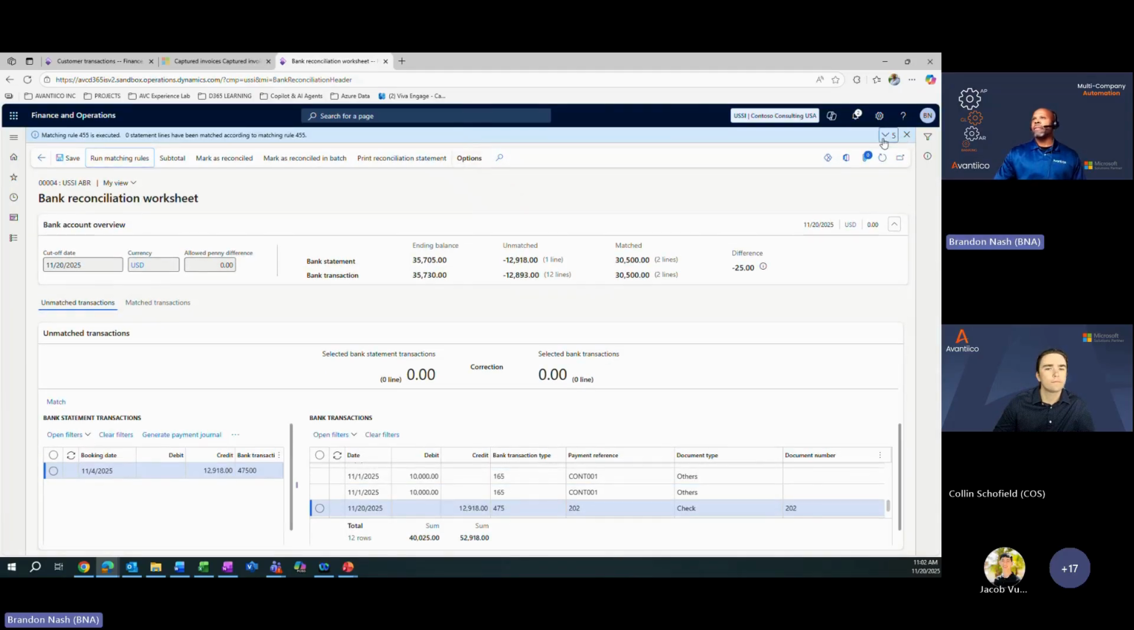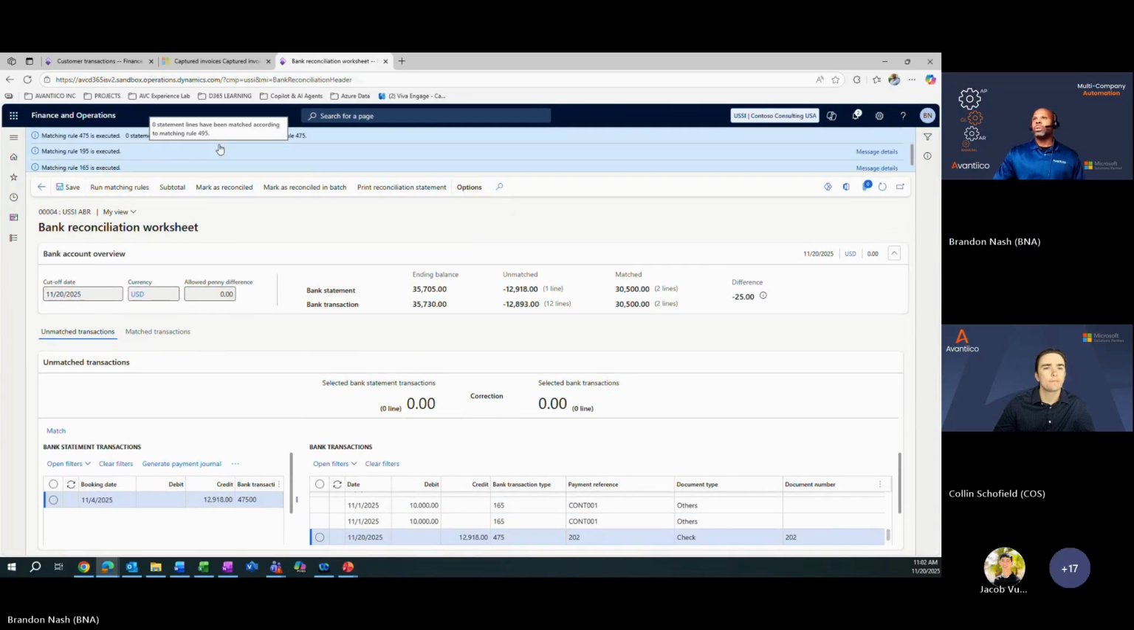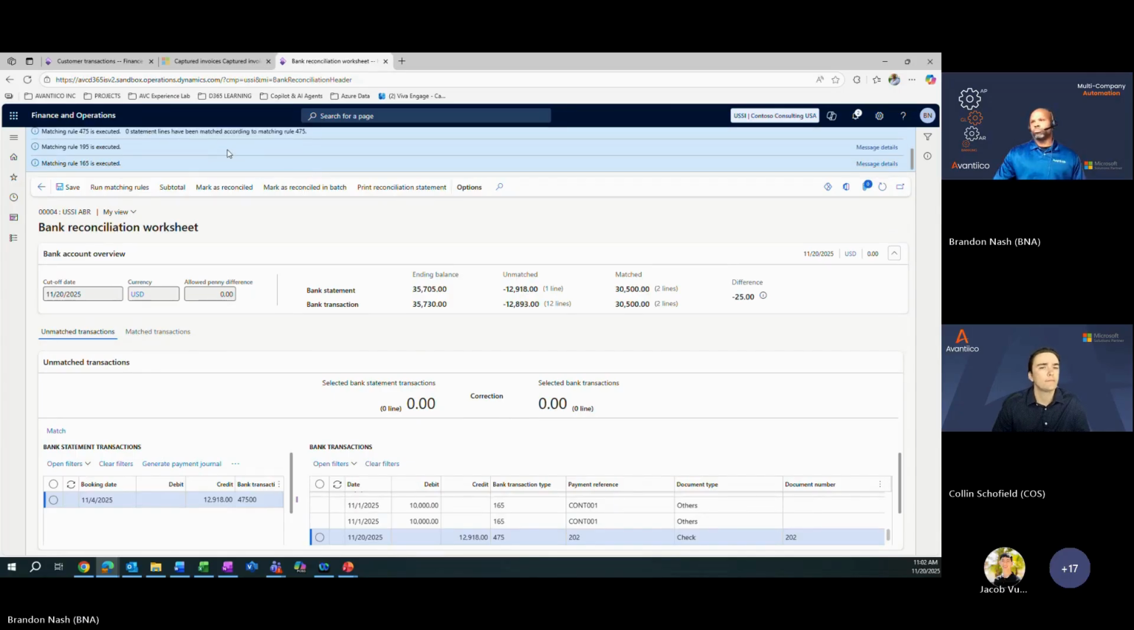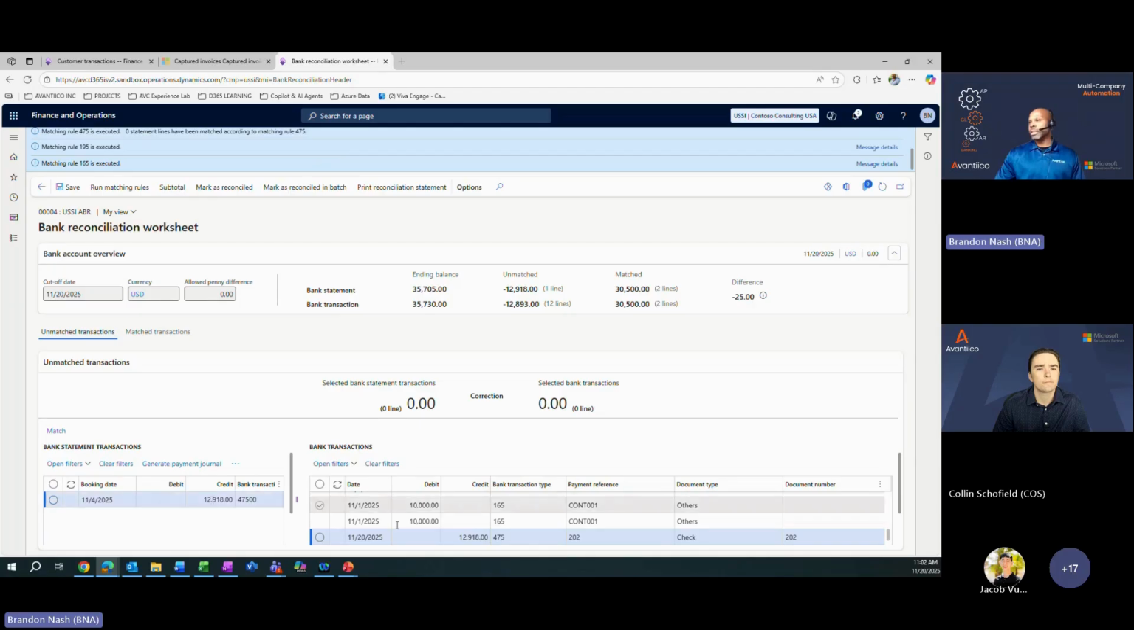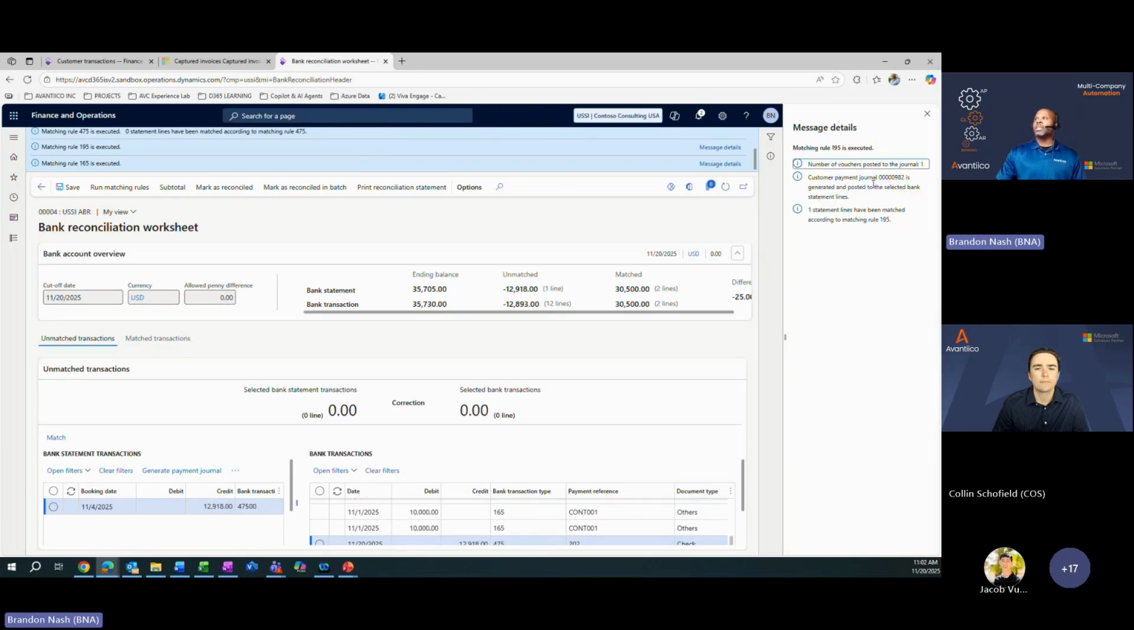Okay, so now we have 5 different rules. Surprisingly, that didn't match, but I was expecting to see this 1219 match. I'm not really sure why it didn't, but nonetheless, what I want to highlight here is the matching rule for 195 and 165 is executed. And basically what this has done is created and posted a customer payment journal for those 2 transactions